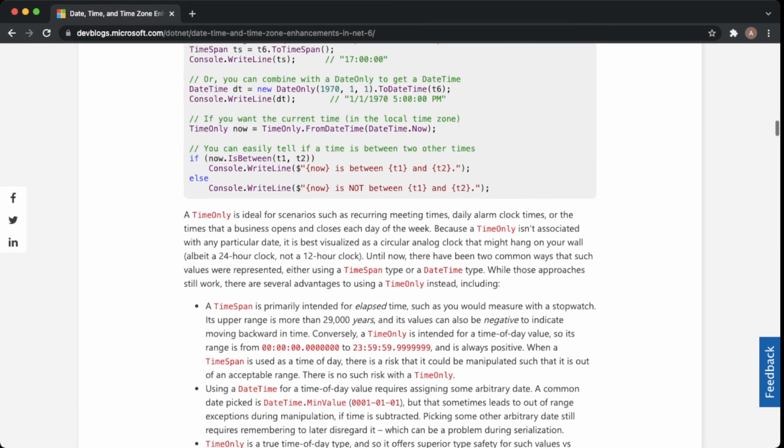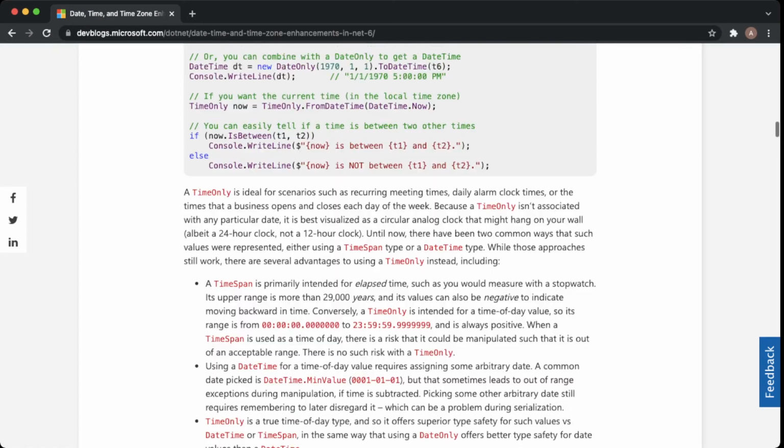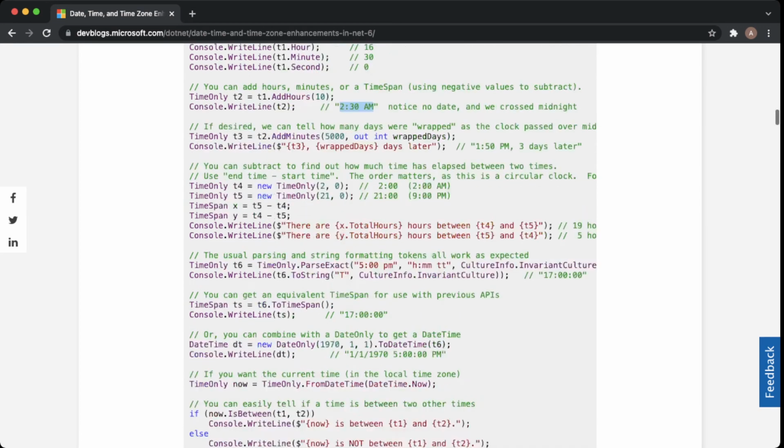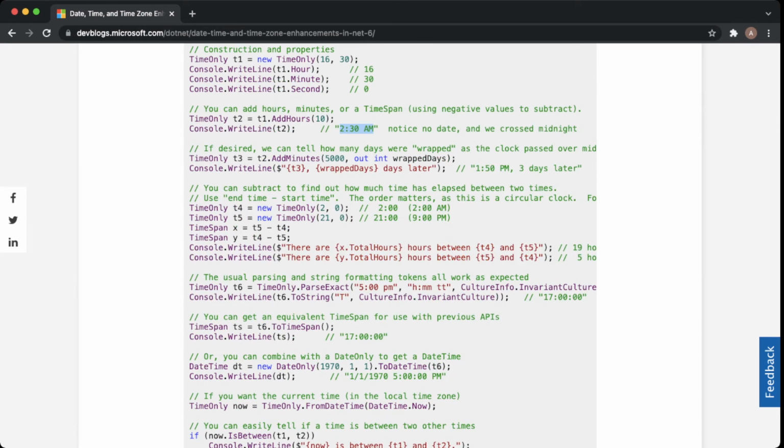So here we see, why didn't Microsoft just name them Date and Time, without the Only? They named them TimeOnly and DateOnly. Why the Only here?